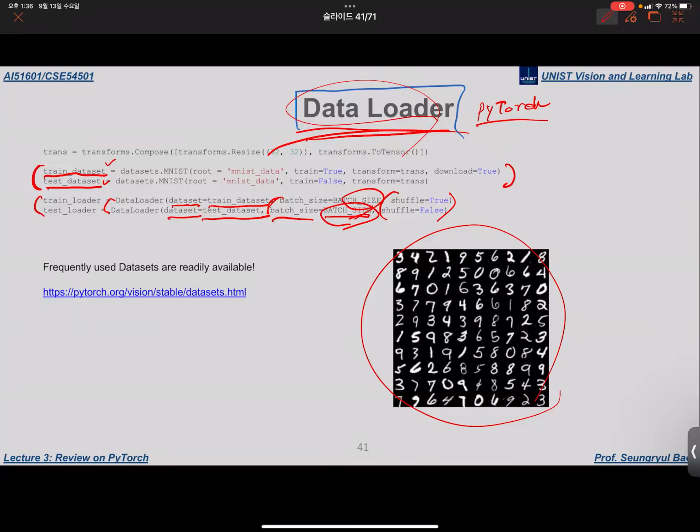That's why we use shuffling during the training. If you set the shuffle variable to True, you can easily shuffle the image data during the training. But for the test loader, we will not use shuffling, because